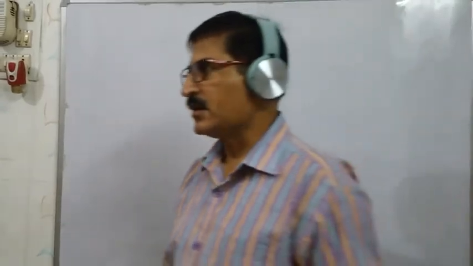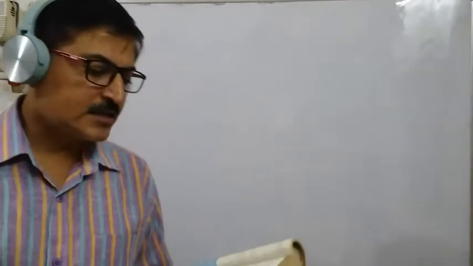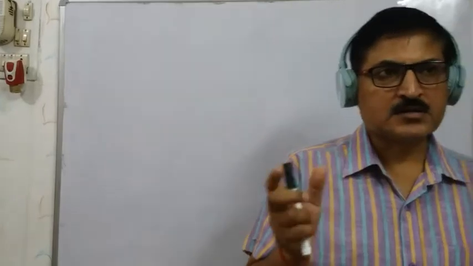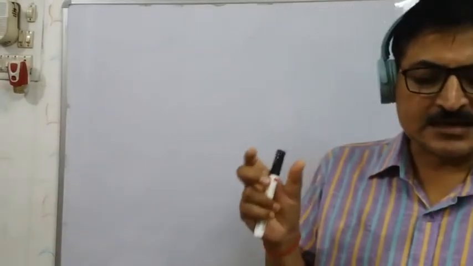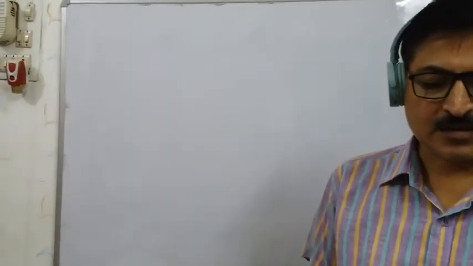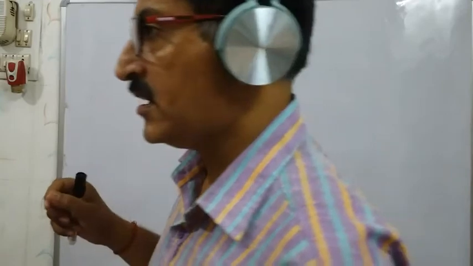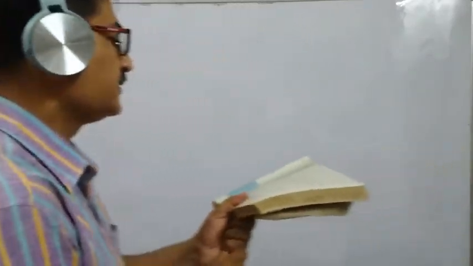Here students, from where are you getting the two equations? First it is written 10 students of class 10. That means the number of boys and number of girls together, that strength is 10. And the second equation you are getting: if the number of girls is 4 more than the number of boys, means whatever the number of boys is, the girls are 4 more than that. So now we'll see how you have to start.